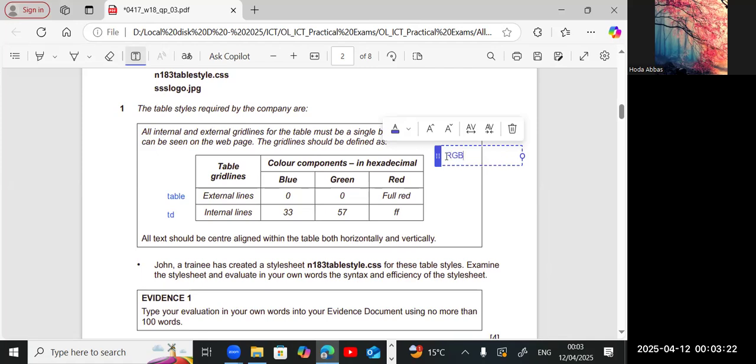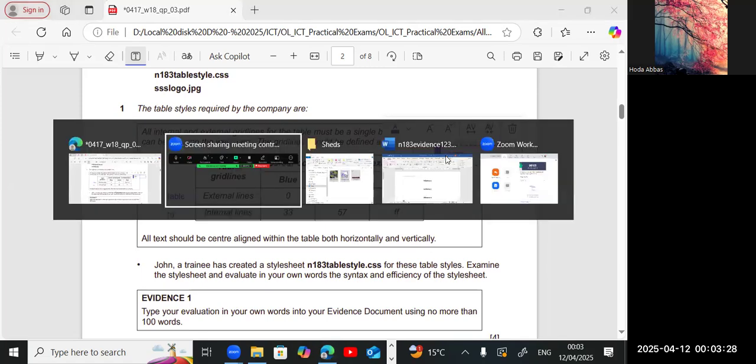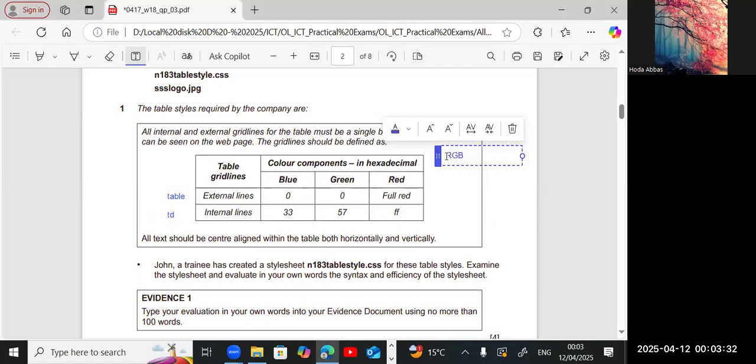So the red, then the green, then blue. So I will go back to this. Okay, I will read all the question as I mentioned before. Okay, so all text should be center aligned within the table, both